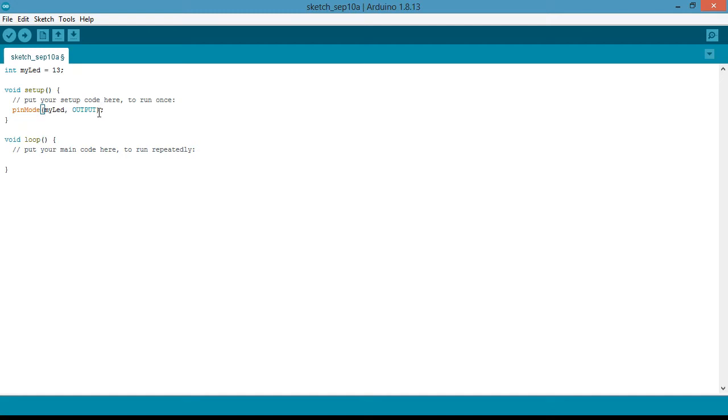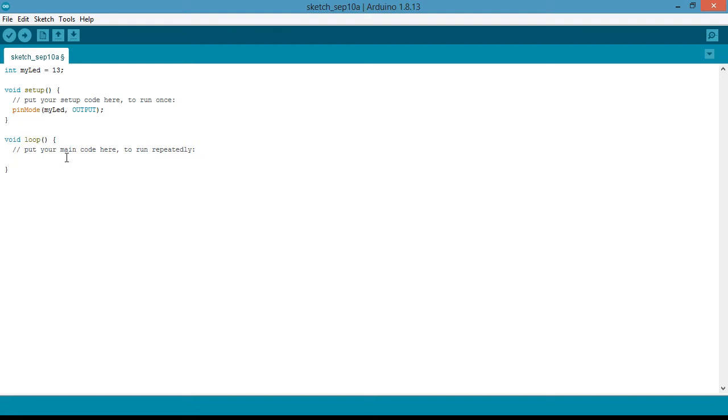You see that when I type it correctly, the compiler highlights it, there is a color that comes up with it. When I type it correctly, there's a color that comes out. If I type it in small letters, you see that there's no color. So this is a good way to also know when you are right or wrong. It lights up. So myLED comma OUTPUT, and then now in my code I will use the digitalWrite function